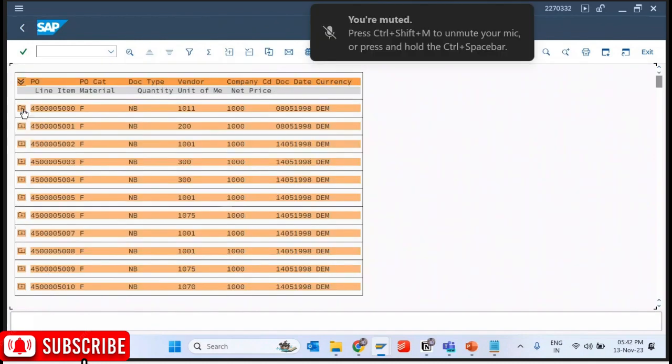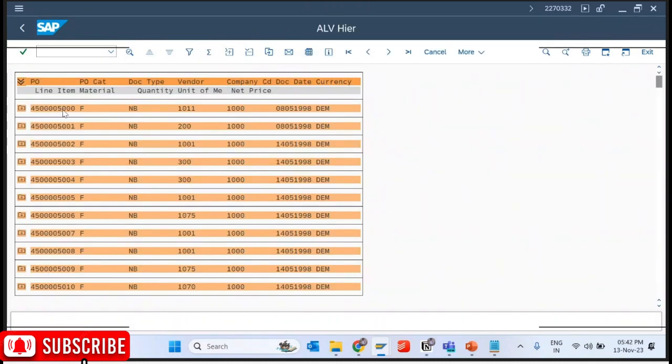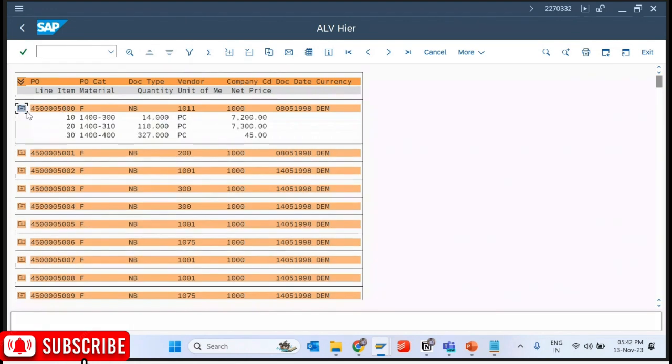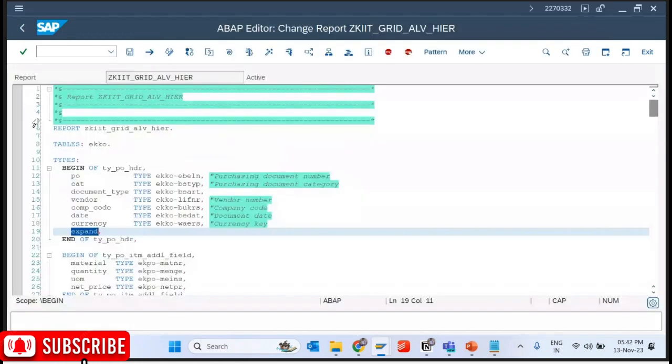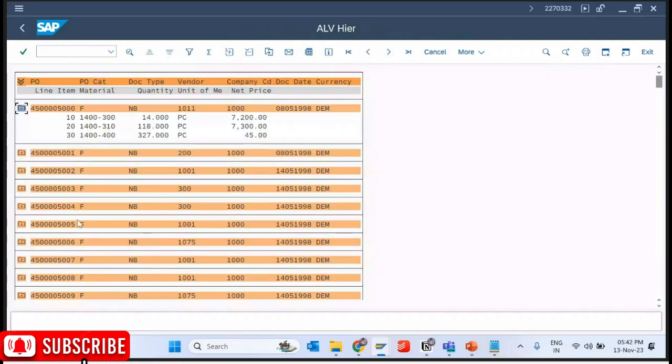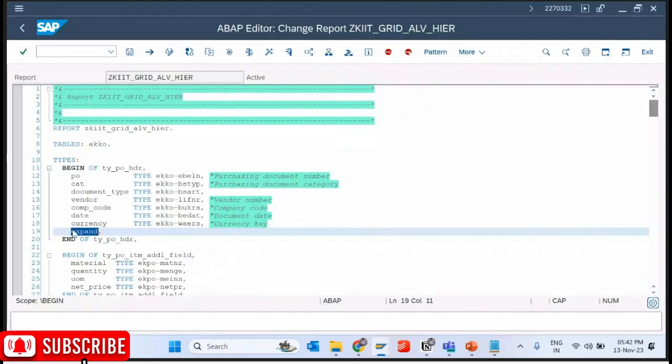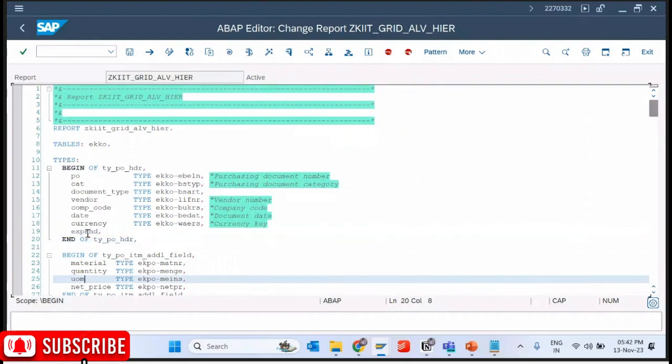Okay, now this is the header. Now I have an expand field. That means this field will tell whether this is expanded or not. So I have defined a field expand. Second thing,